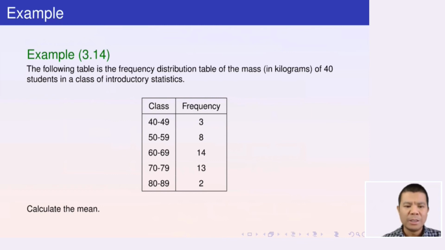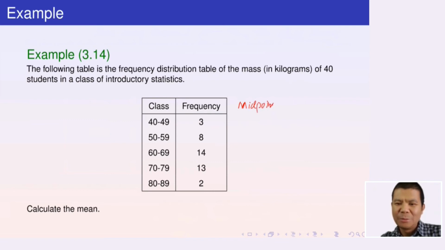Be careful following those steps, right? You need to find out the class midpoints, the products, add up all the products, add up all the frequencies, and then divide them. So can you solve this problem? Let's just add another column,